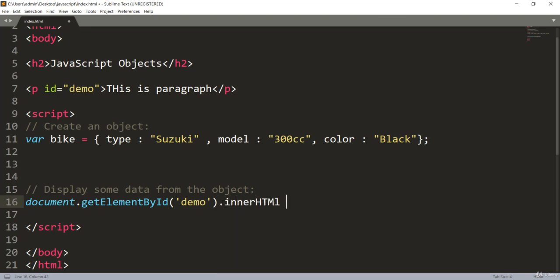Now I want to change this element, which is done with inner HTML. I want to change it to something. Let me give the string first, and I'll say the car or the bike type is, and I want to concatenate. That means I want to add with this plus sign and give the car or bike. Sorry, here is the bike. So I want to use this bike, and if you want to make use of any attribute of this bike, you have to first give the period, and after that make use of this type, which is the attribute of that object.